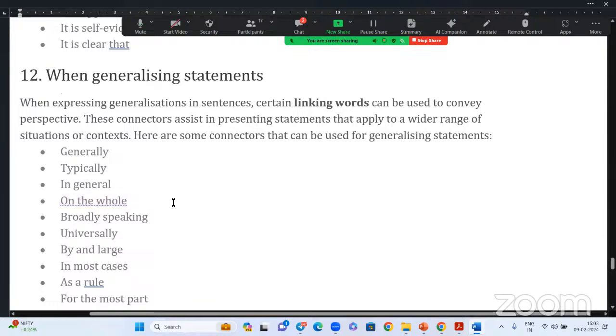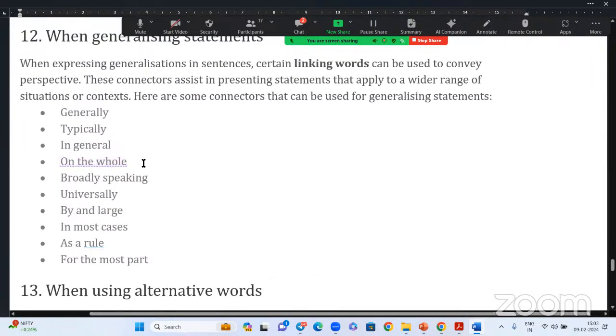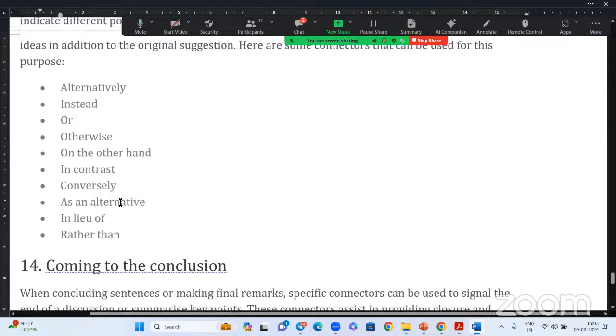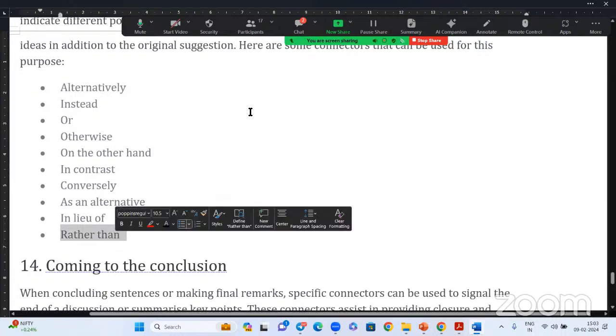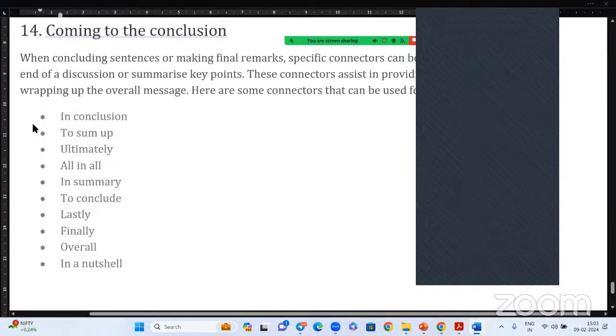Then, this is not that many words. This will be okay. Alternatively, instead of, instead, otherwise, in contrast, conversely, alternatively. Rather than is one more excellent expression. Rather than, use it. Rather than, okay, use rather than. Then